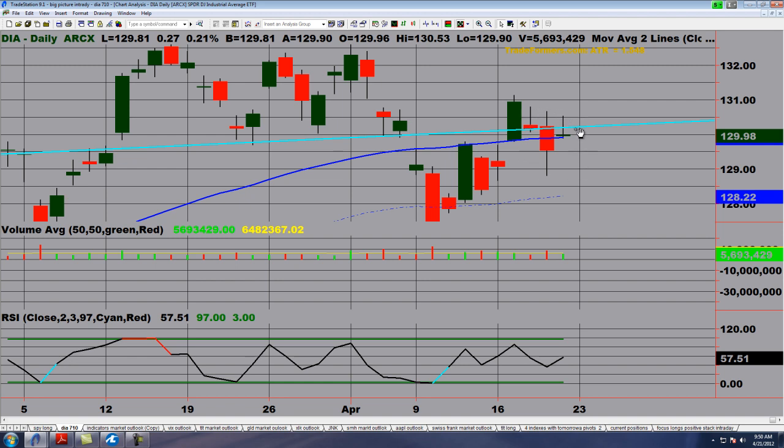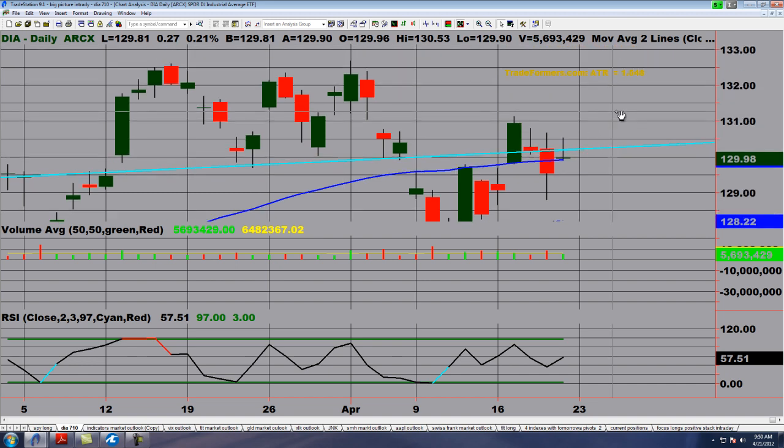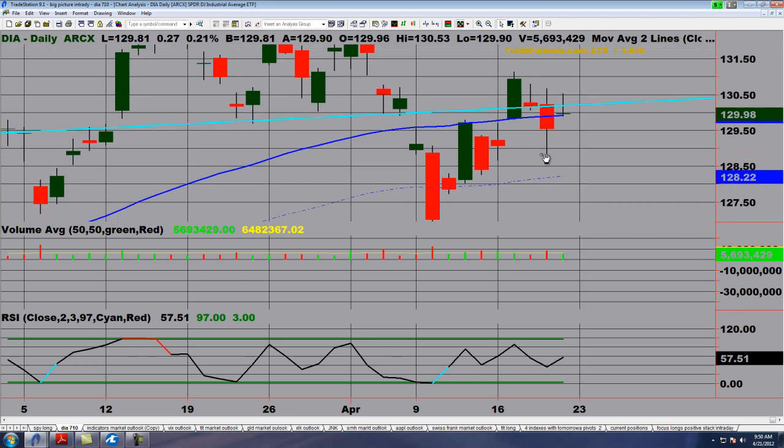And basically, again, an inside day and sitting right at that 50-day moving average. So again, you've got a nice little wedge forming here. If we could power out and get above that 131, 131.30 level in the Dow DIA, that could definitely power a move up. Conversely, a breakdown through the lows of Thursday would also be a cautionary